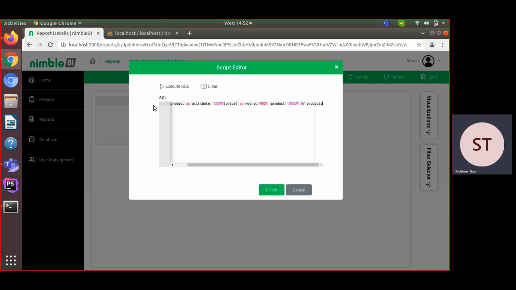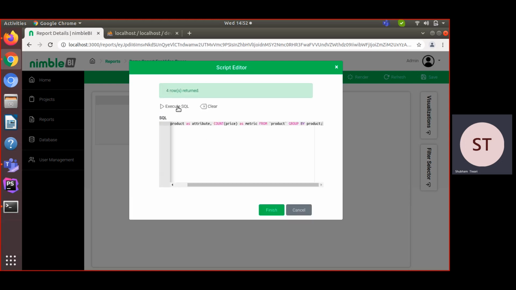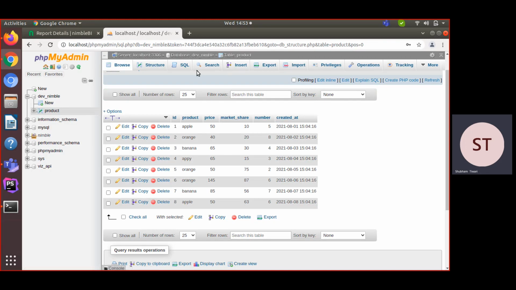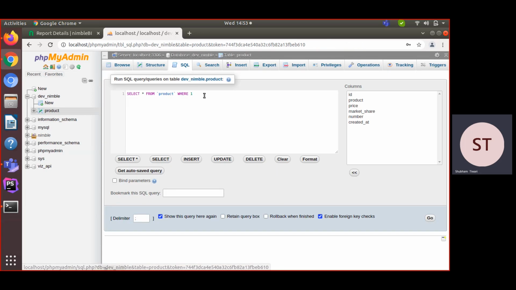Enter. You can check it also, so it's showing your SQL is okay, means your SQL query does not have any error. So it's an important feature in the Nimble BI application that helps to check whether your SQL query is valid or not. However, you can also check your SQL query directly using phpMyAdmin or directly in the SQL terminal. So for the demo right now I'm using phpMyAdmin also, so you can check it.